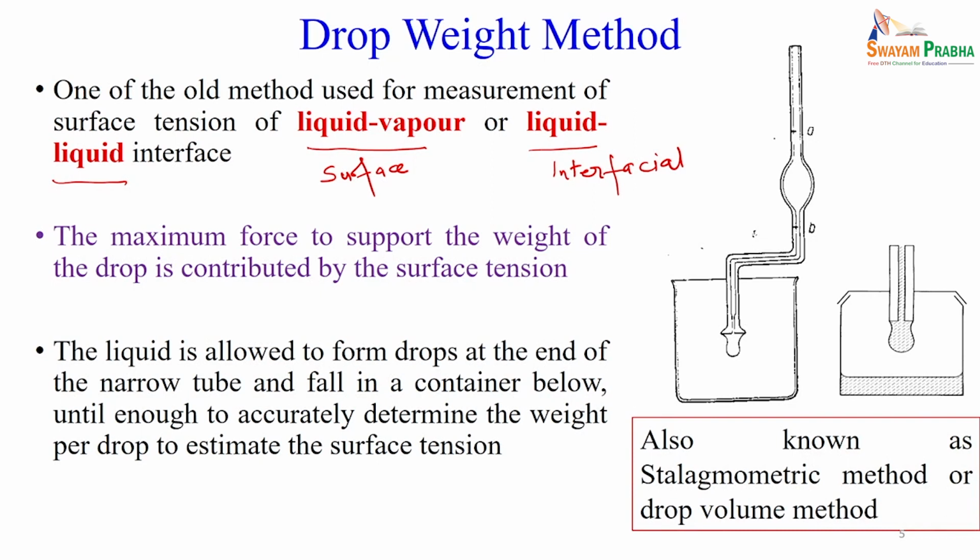So, the main theory or principle behind this method is that the maximum force to support the weight of a drop is contributed by the surface tension. So, if you can measure the weight of a particular drop, you should be able to calculate or estimate the surface tension. So, in this method we allow the drops from here to fall in the container,